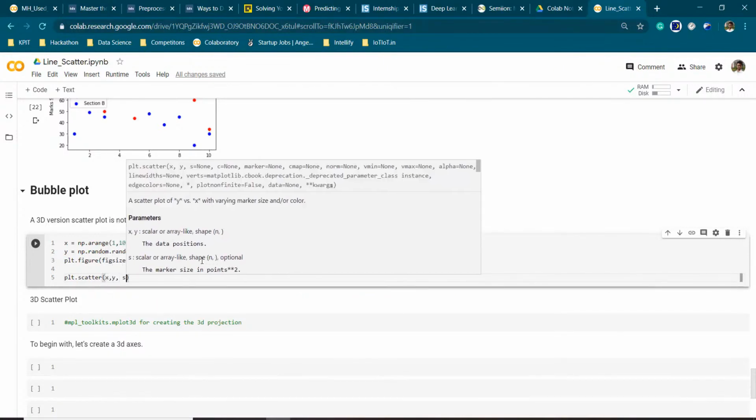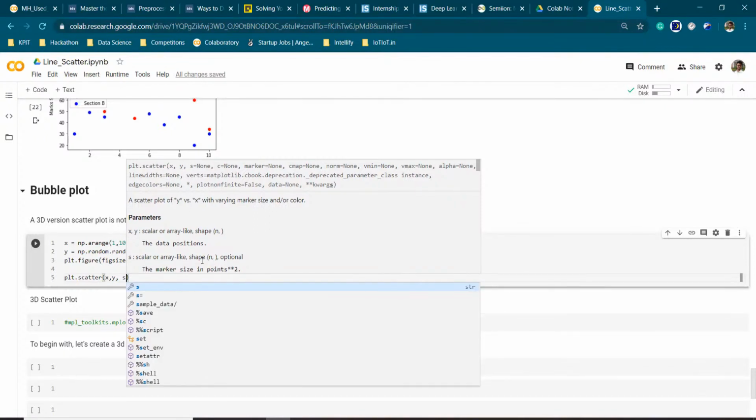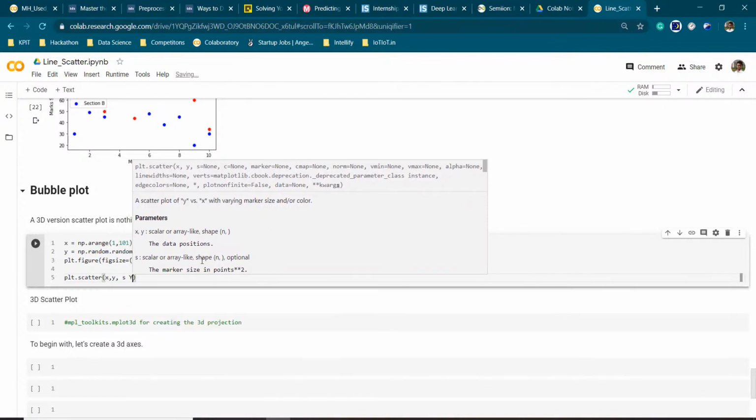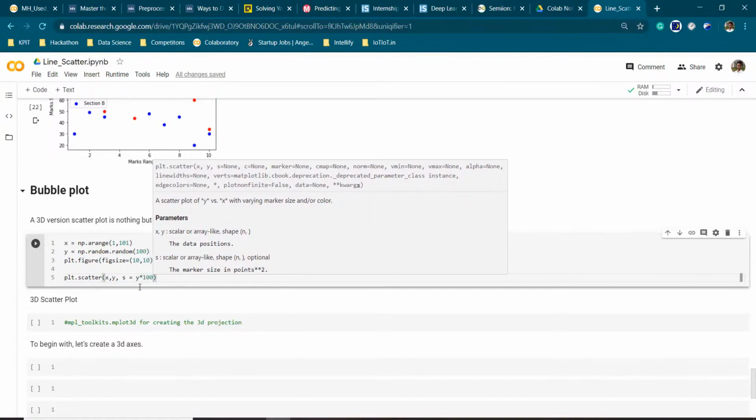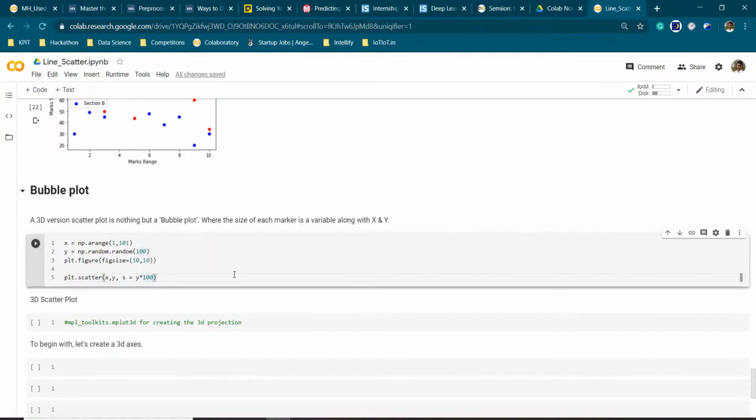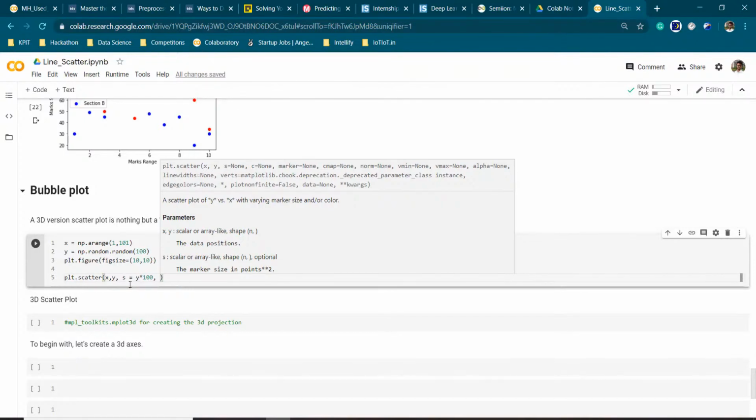So the trick here is to use s, where s is the size of our markers. So we will give s, size, equal to y into 100. So for bigger values of y we will have bigger bubbles, and for smaller values of y we will have smaller bubbles.